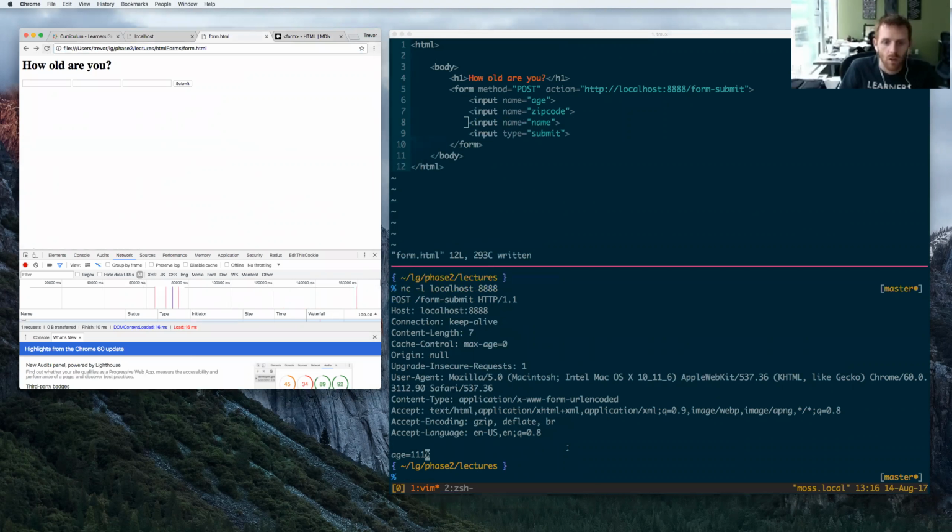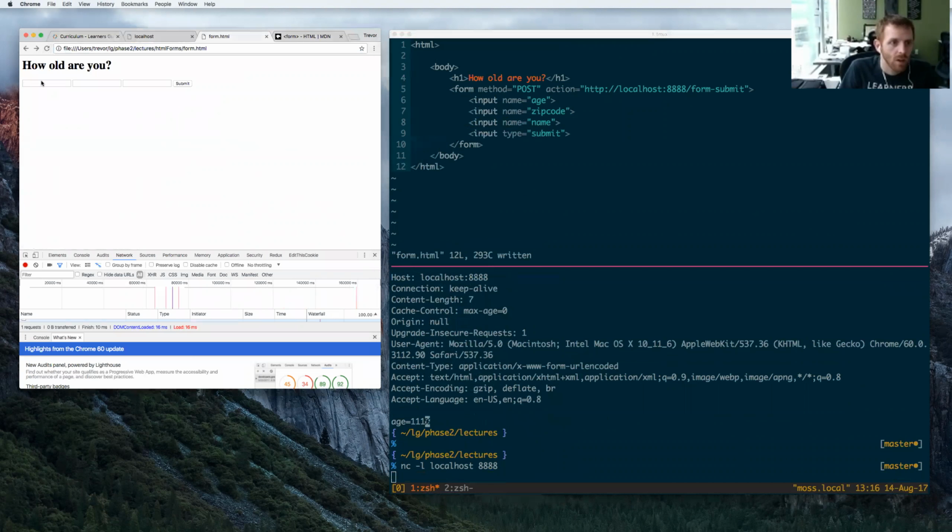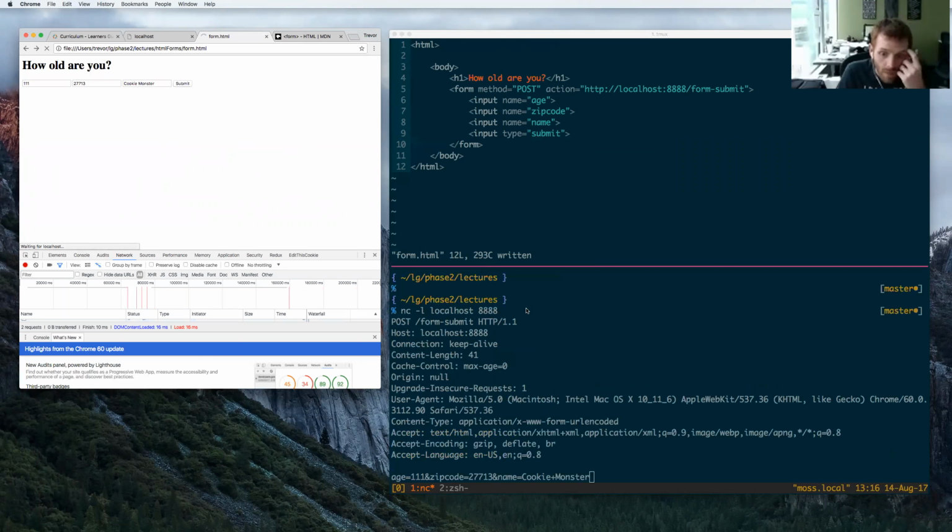If we start this over, now we've got 3 inputs, and we can say go 111 for the age, zip code's going to be 27713, and name would be monster. So now we can see all these things get strung together in this string in the body, where we have